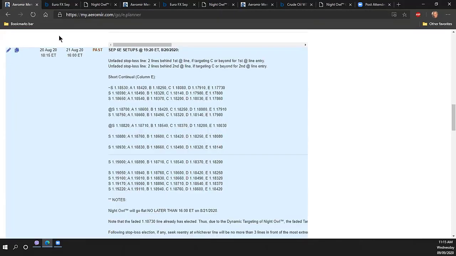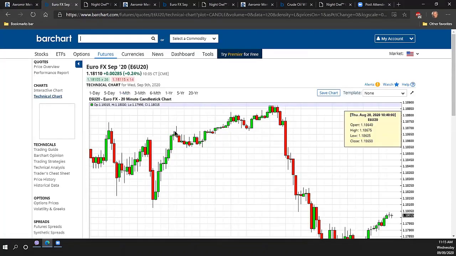This is the August 21st session with the entry and the post occurring the evening before. Because all the posts, by the way, as to what to do, will occur on the evening before, but they do pertain for the entire Globex session. So we were looking for an entry of